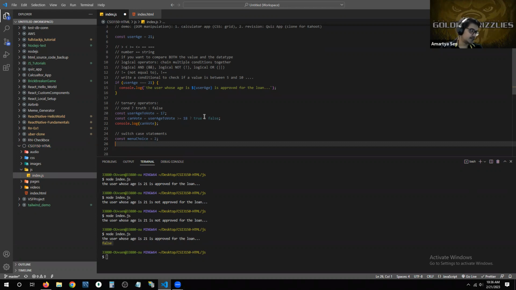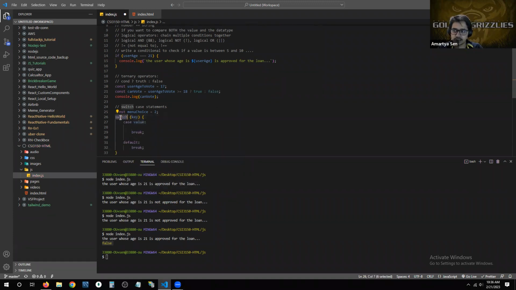So if somebody comes and tells you that, hey, my age is this or that, you already know what to do with that. You don't have to evaluate each and every person, right? So the amount of time that it takes to execute that is much less compared to writing a chained if-else-if conditional statement. So the syntax for switch case is basically you have the switch statement itself, or the